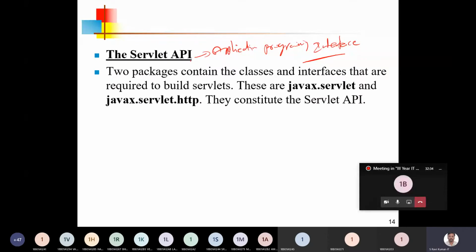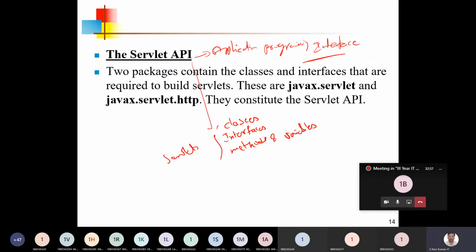The servlet API consists of different kinds of classes, interfaces, methods, and variables related to servlets.